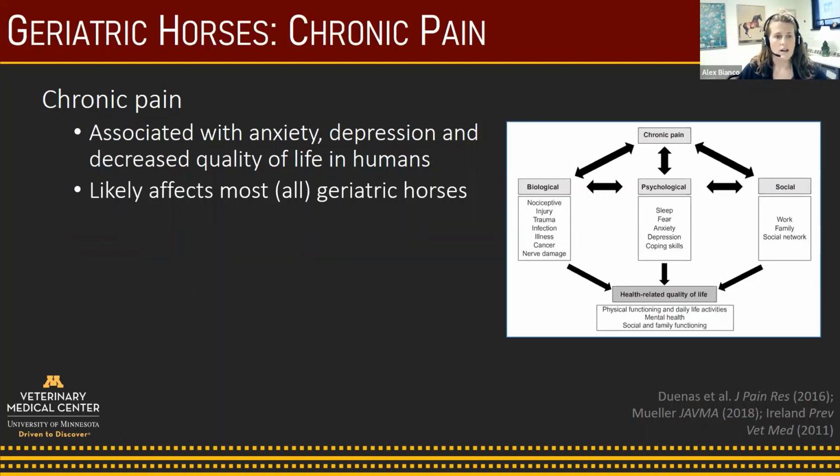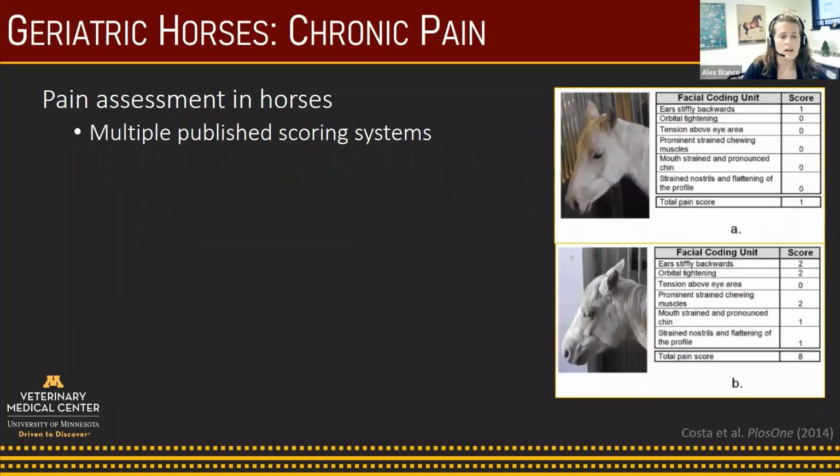to some degree. We just don't have any actual studies looking at chronic pain specifically in horses, or all of the potential negative side effects of that. But we do know that chronic pain, or perception of chronic pain, frequently contributes to why people ultimately decide to euthanize their horse. There are a few pain assessment scales that have been developed in horses, which are really nice